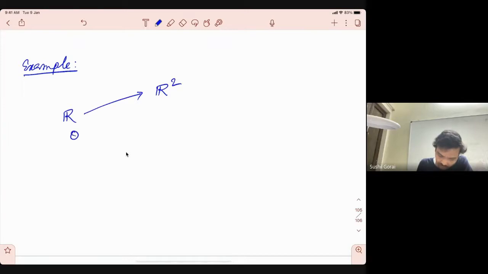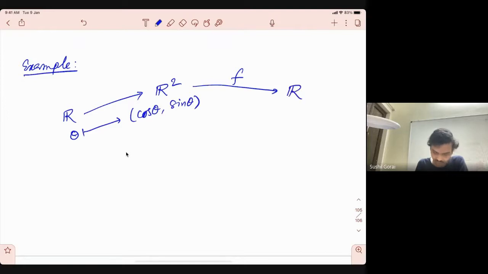Here the map is theta goes to (cos theta, sin theta). And here you have f, any nice f you take. What you need is that it is already known to be differentiable. So consider this,